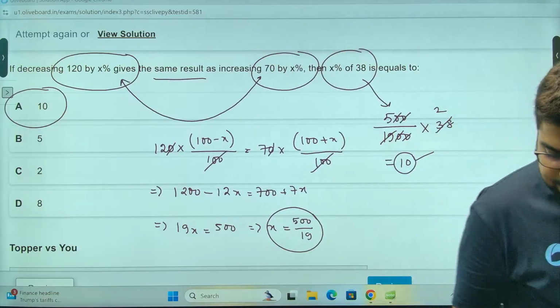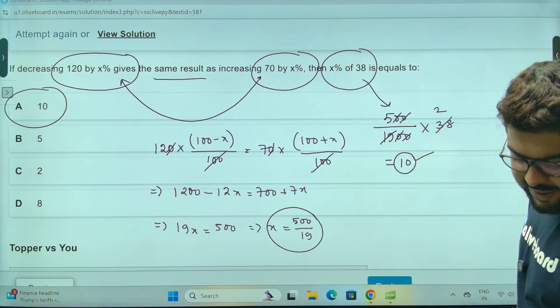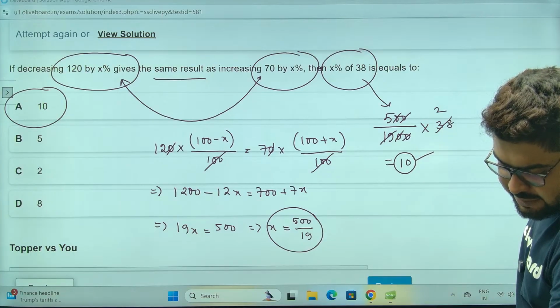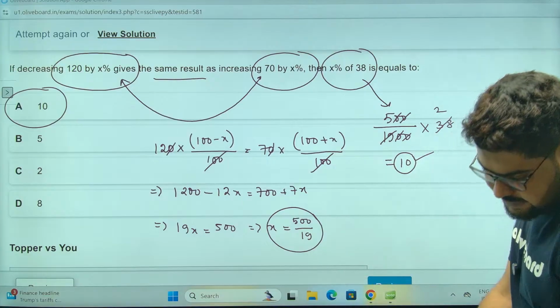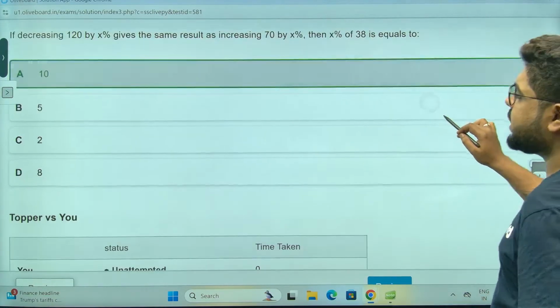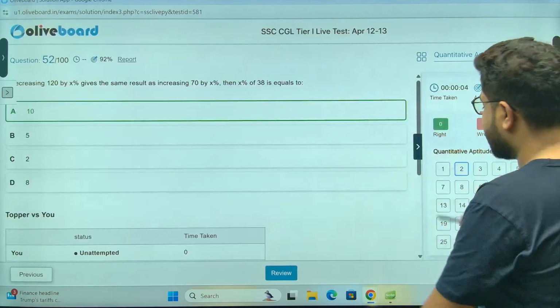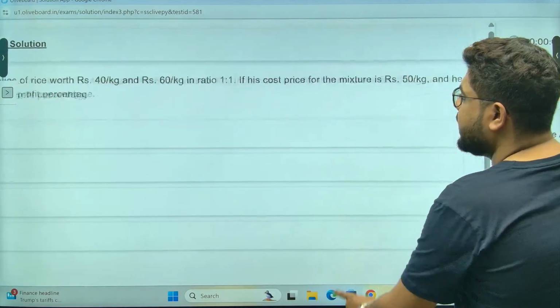Yes, Study for Success, you are absolutely correct once again, 100% correct, brother. Everyone clear, sir? Very simple. Reena, yes, you are also correct. Perfect. So the answer is option A. Option A is the answer for this question. Now a dealer